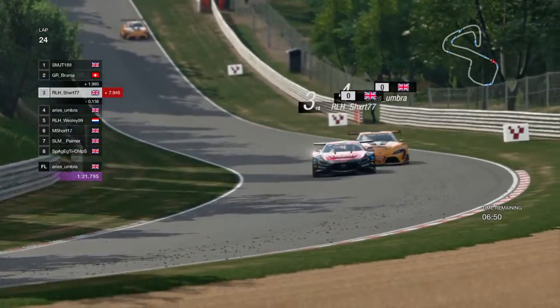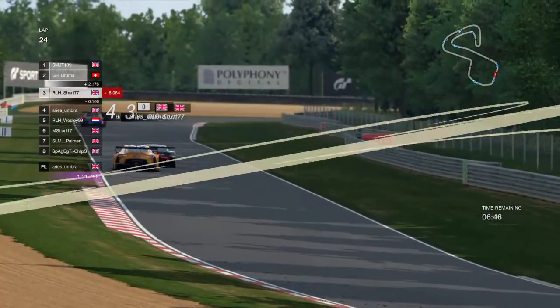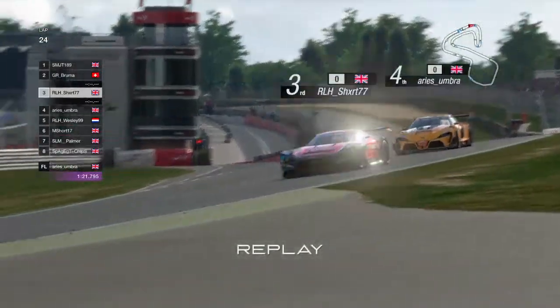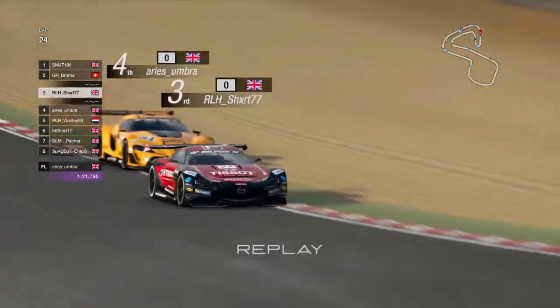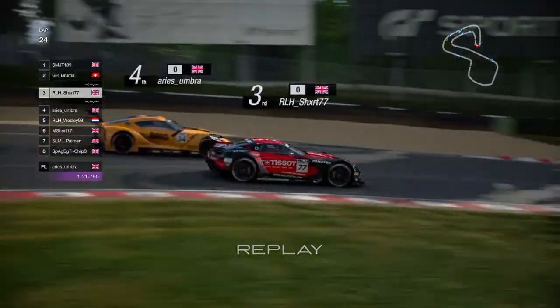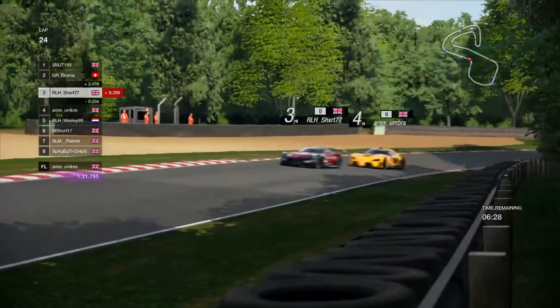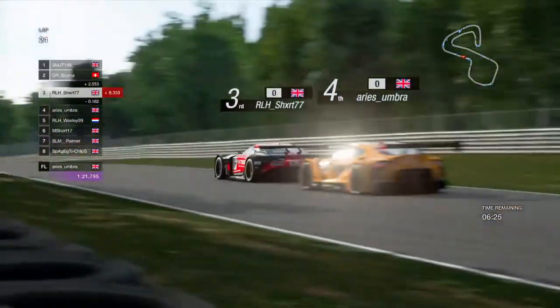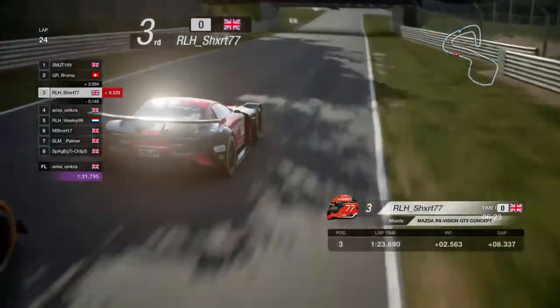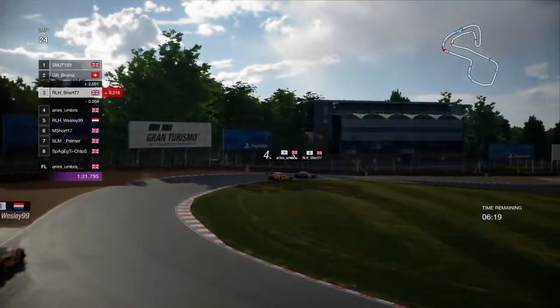Aries having a look at Hawthorne. Shorts having to go defensive there, but holds on to P3 and keeps the high ground. We'll see the battle between these two. Shorts had the ground and it was a fantastic run from Aries. A bit of a twitch there, and that allowed Aries to get alongside and try and make the move around the outside, side by side at the top of Druids. Shorts was getting the better exit out the corner and kept the position, importantly, but Aries not giving this up at all. Shorts holding on. Aries having a look now as they go towards Clearways, come out onto the Indy circuit, and